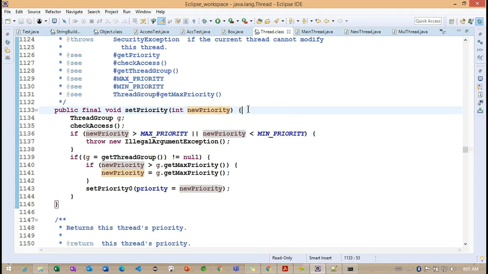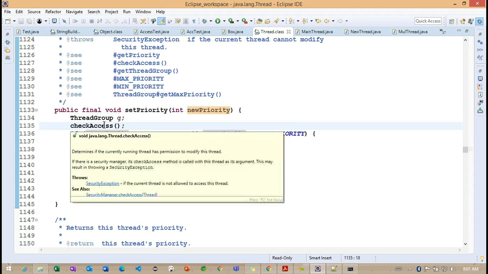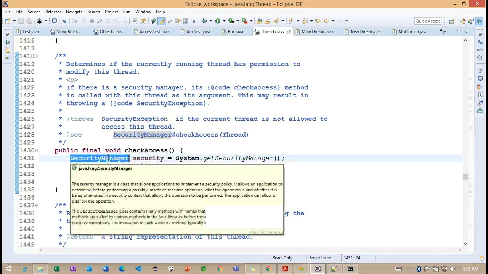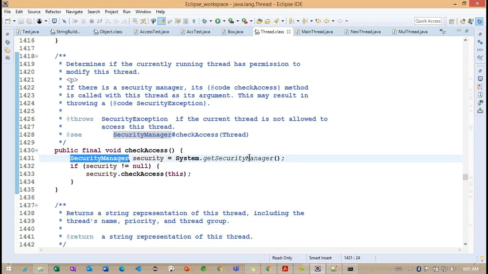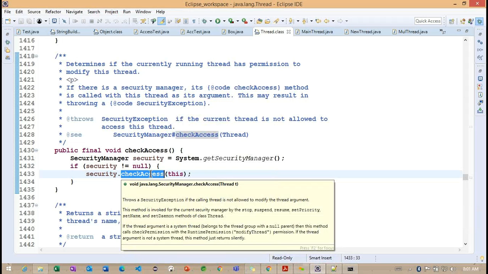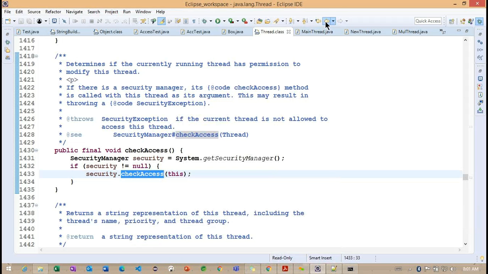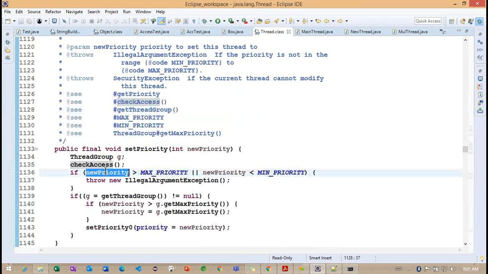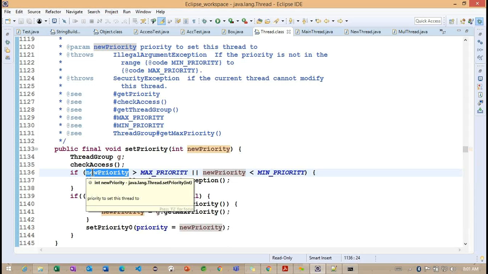We also need to think about how to access the thread object. It is a security-related check, a security method, with the security manager. But now we are going to provide the new priority.